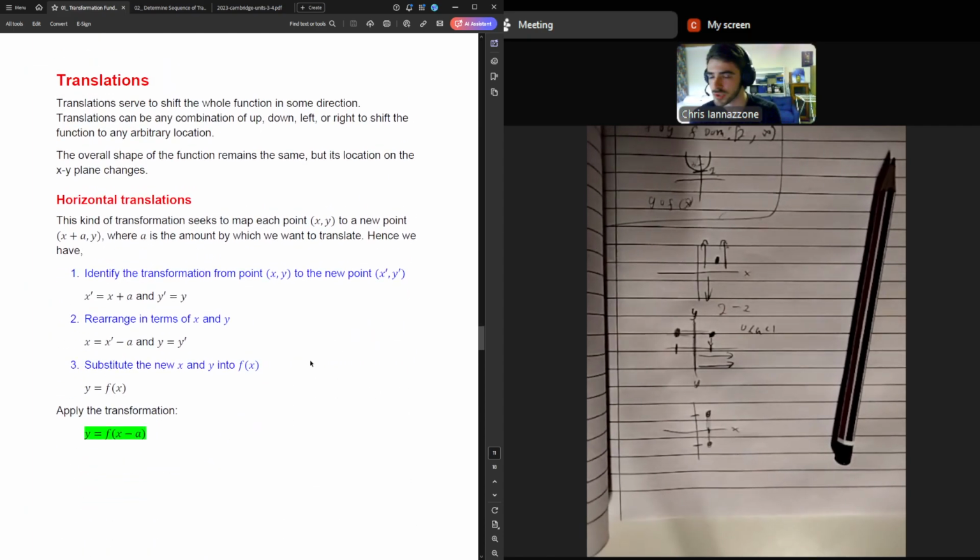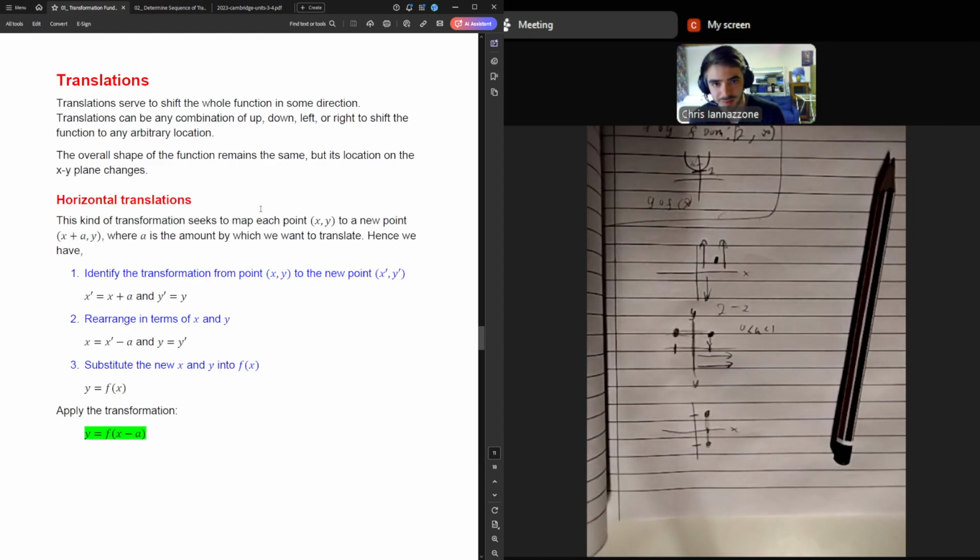Okay, last up, translations. So the way this one works is that you're shifting a function either horizontally or vertically. So up, down, left, right, any of those. In this case, we are doing horizontal translations to begin with. So fundamentally, all you're ever doing for horizontal translations is either adding or subtracting a value to your x point. So you're starting at some original x point, and if you want to go right, you would add another value